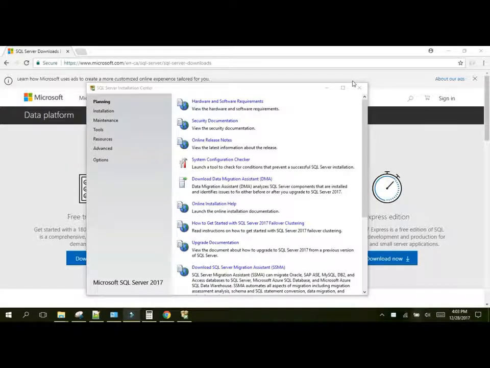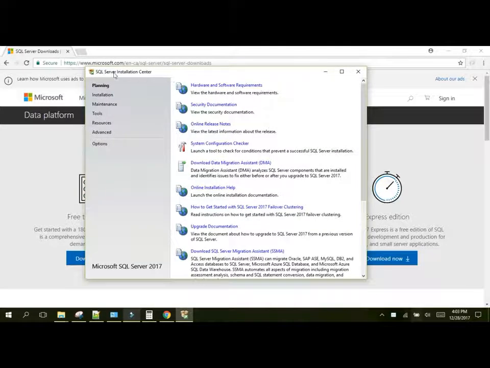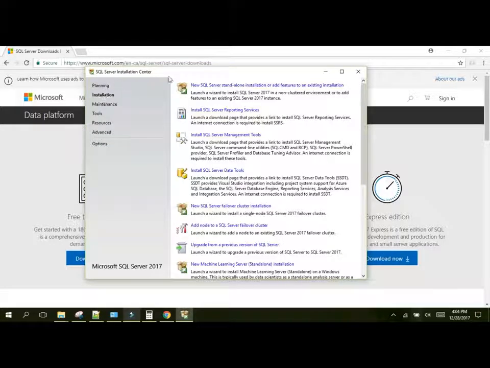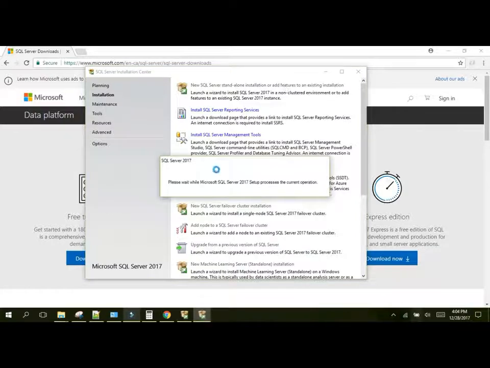Once the actual SQL Server installation has downloaded and installed, which it will do automatically, you will see a pop-up that says SQL Server Installation Center. What you want to do once this opens up is click on the installation link on the left side navbar. From this list, you want to click on New SQL Server stand-alone installation or add features to an existing installation. Click it, and then